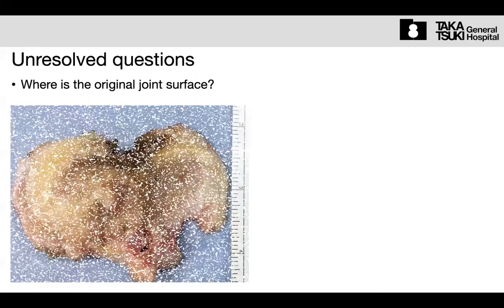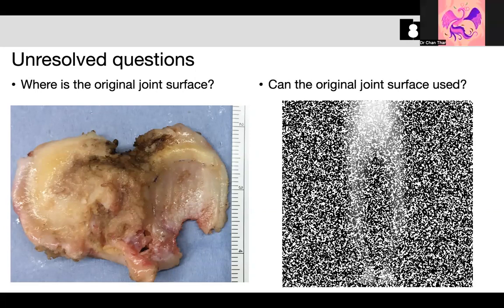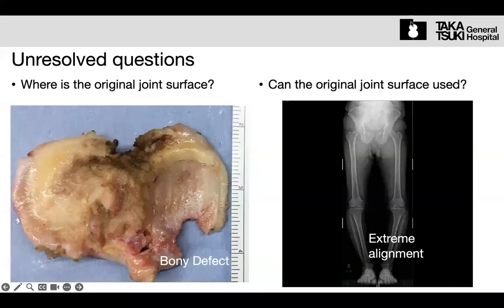Okay, let's continue the previous lectures. So, there are two problems. Where is the original joint surface? And can the original joint surface be used? That means many Japanese patients, especially Asian patients, have very severe